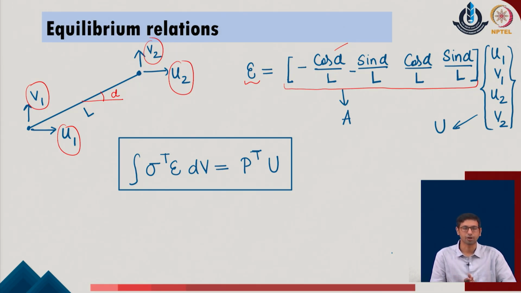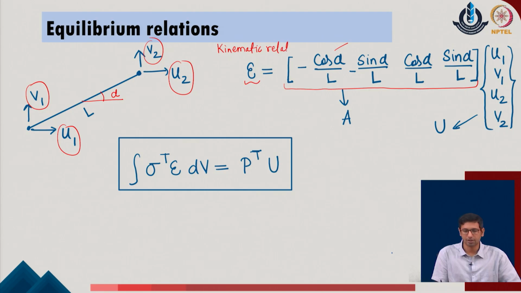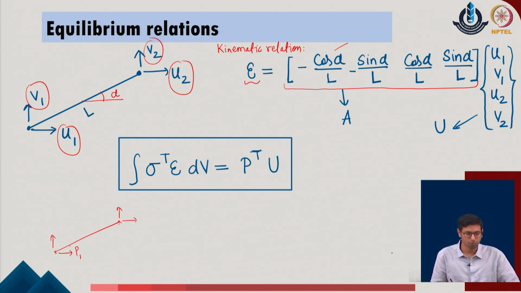Now, as a second step, we need to define the relationships for the equilibrium of the given system. If you recall, we define this typically as a kinematic relationship of the given system, which means that it is connecting the internal member strain with respect to the nodal displacement values of the given system. In the same manner, I need to also connect the equilibrium in the given system. So, when we think about the equilibrium, we understand that in the given member at the global coordinates we have some active forces. Again, I am following the similar notations which we used in the geometrical nonlinear analysis. So, we have two nodes at which we have defined the forces P1, Q1 and P2, Q2, which are identified in the global directions of the given system.